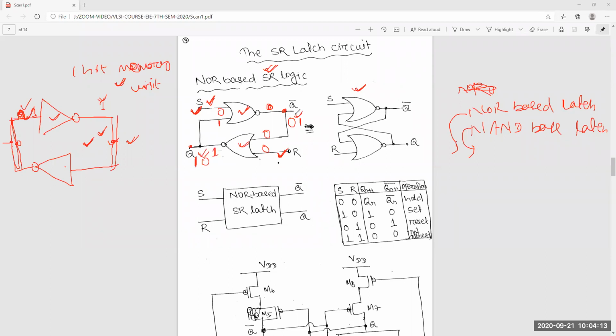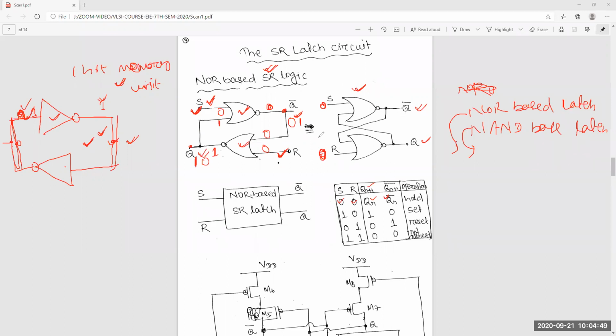Initially it was 0 1, and now you also get 0 1. That means when you give 0 and 0 to both inputs, whatever the previous state was, you get the same thing. There is no change. So the next state is nothing but the previous state, whatever was previously stored in that circuit.